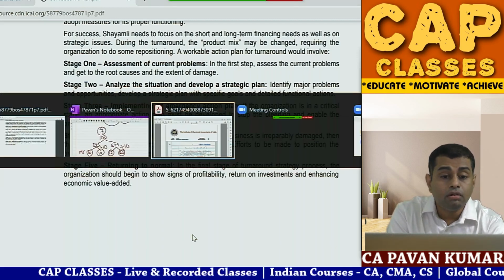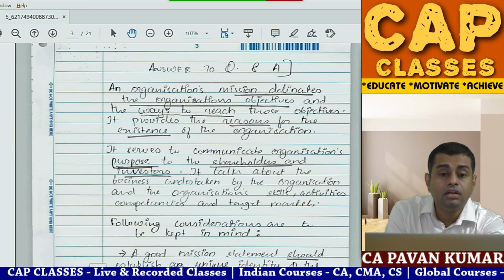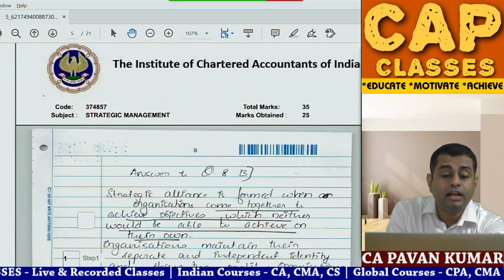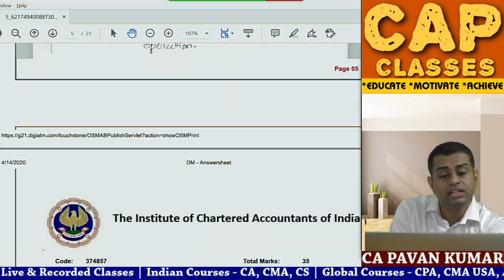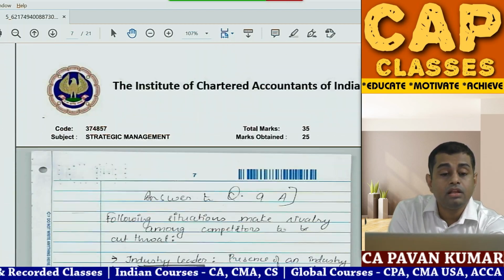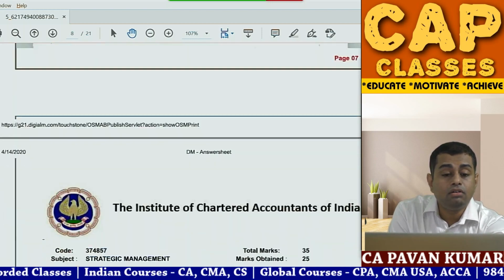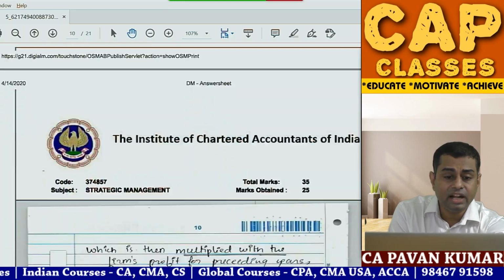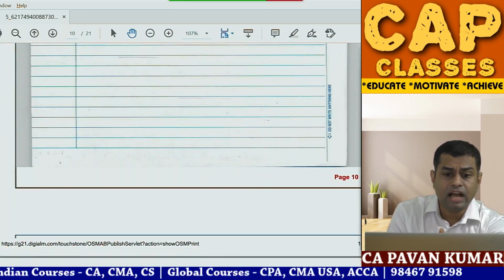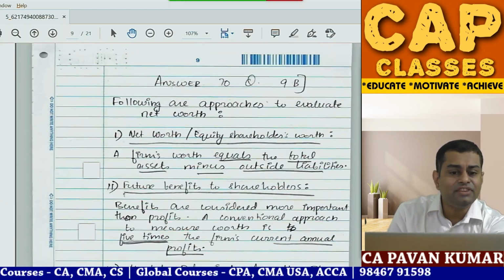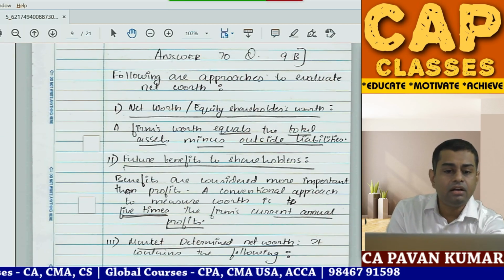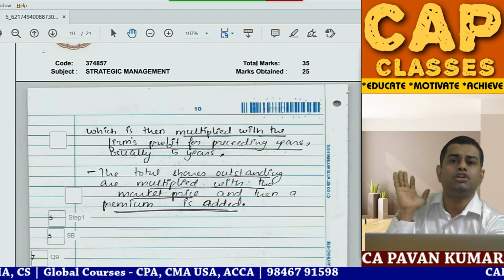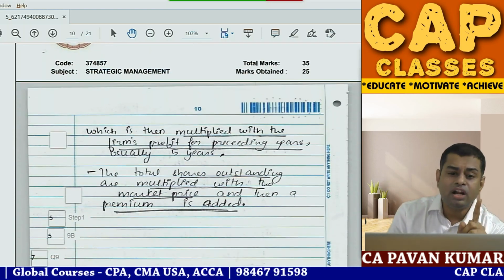Now, how our gentleman has written this answer. Answer to question number 8, he will come back later. Then he has written 8B. 8A written, 8B written. Super. Then 9A, not required. Then 9B he has written. Have you seen the size of his answer? 9B: 1 page, 1 side, second page 2-3 lines. That's all. Try to understand.